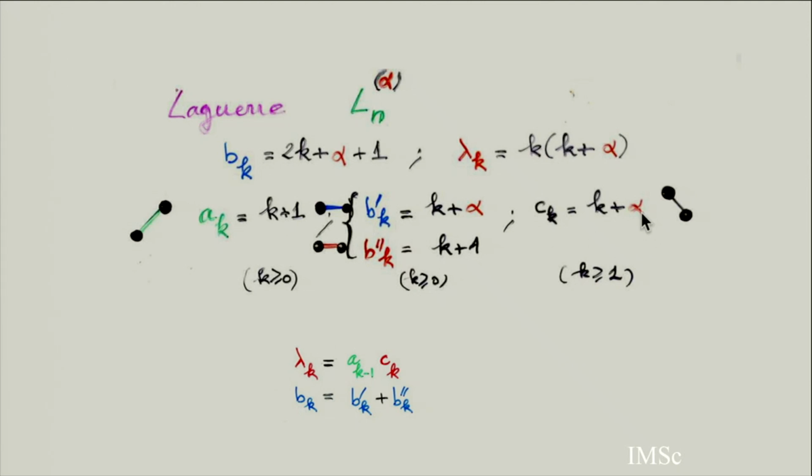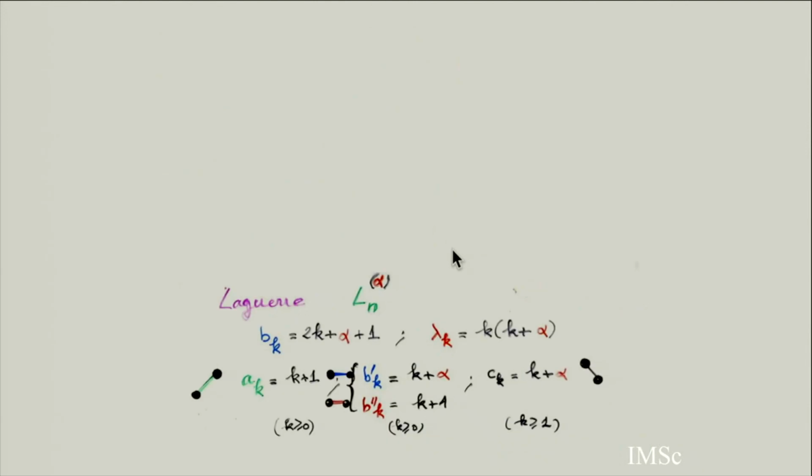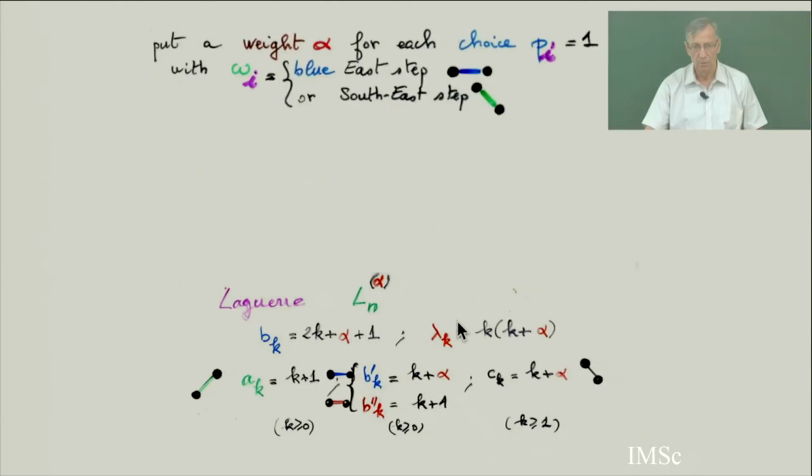So it's arbitrary. I can put my alpha. I would have been able to put it here, or to put it here. So if you put alpha equal 1, you get back this valuation. And now you have to look at what happens to this alpha in the Laguerre history when you do the bijection, and I claim that doing the Laguerre history with this will give me